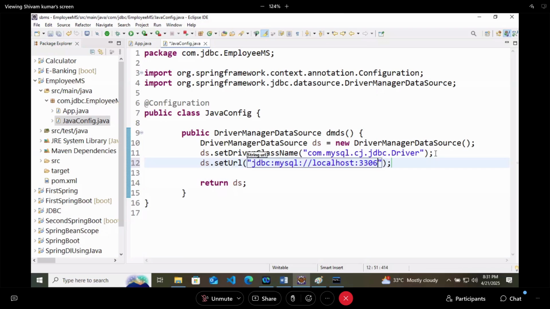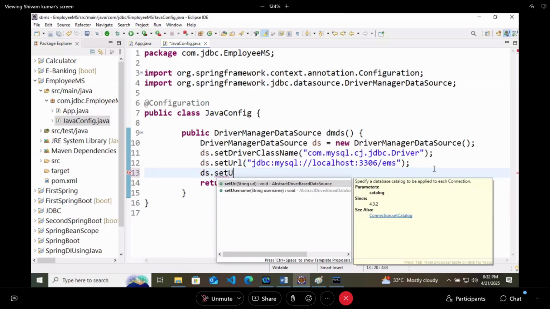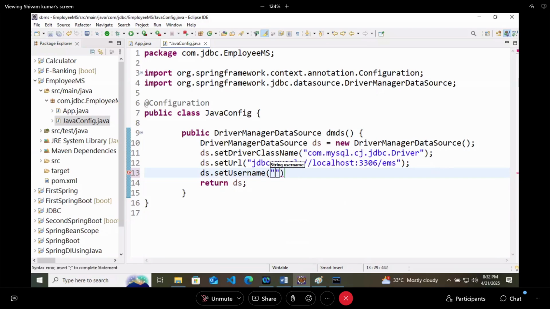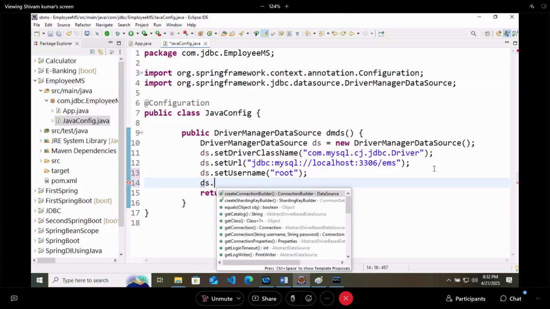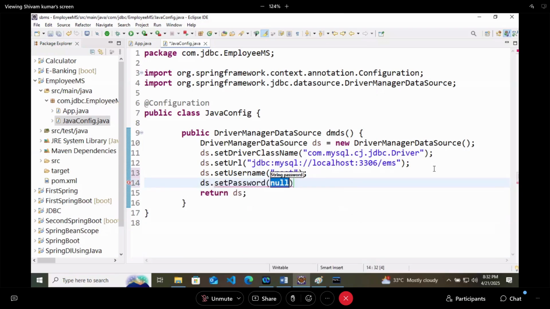Have you ever checked it on localhost 3306? And then we have to provide the database name that is EMS. ds dot setUsername. Username in my case is root, and ds dot setPassword. In my case, the password is also root.